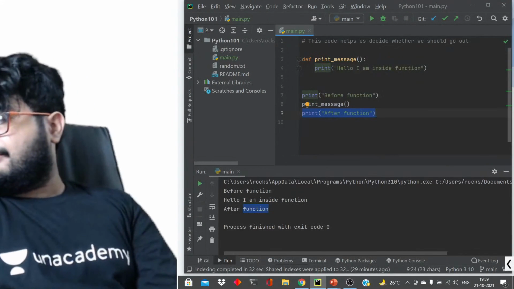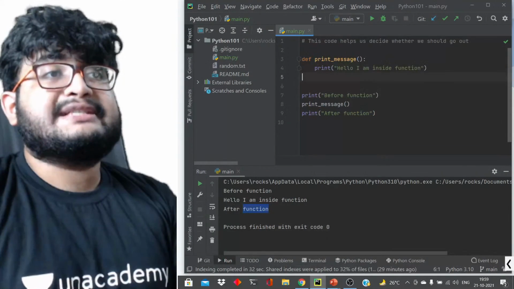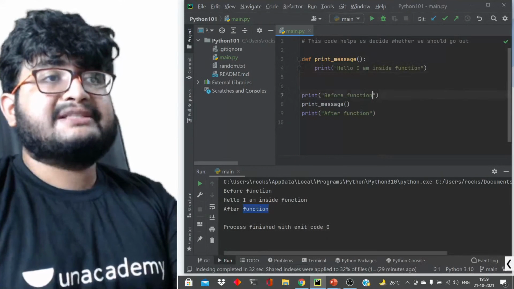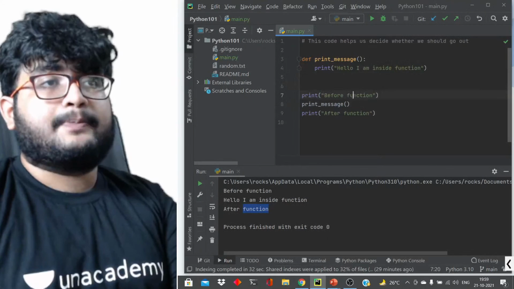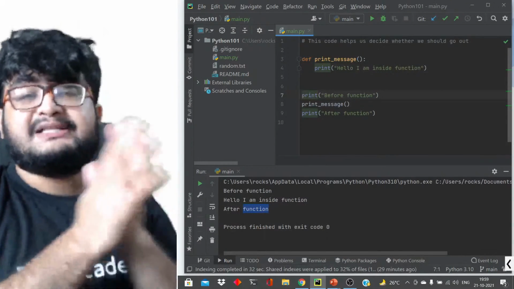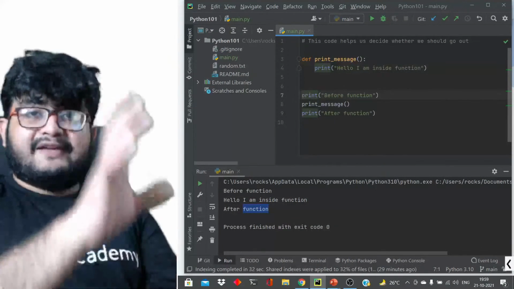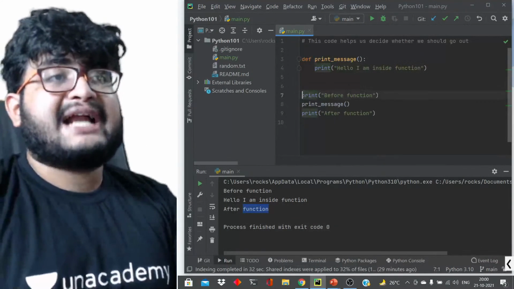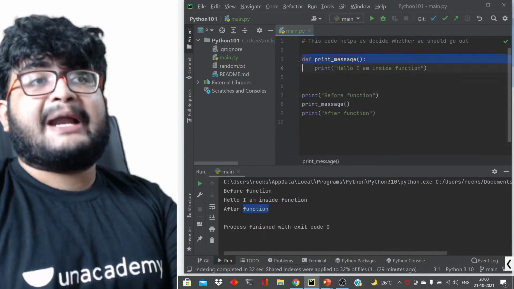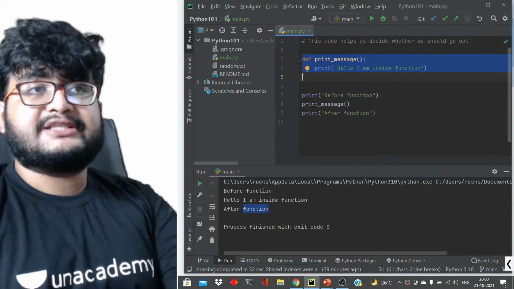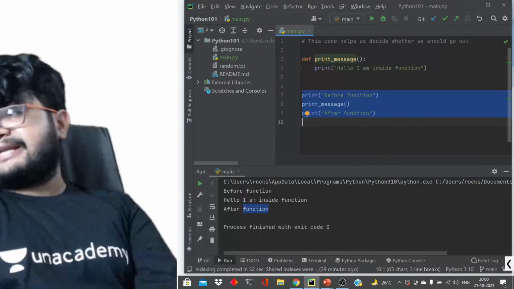Is it clear with everyone? Why will before come first? Before will come first because this is just a function definition. The execution always starts from the global scope or the main scope. This is the global scope, right? This is at a global level, not inside a function. It is called the global scope or the main scope. The execution always starts from the main scope, so it will always start from here. There might be function definitions before it, but it will ignore those. It will always start execution from the global or the main scope. So this is the main scope that is there.